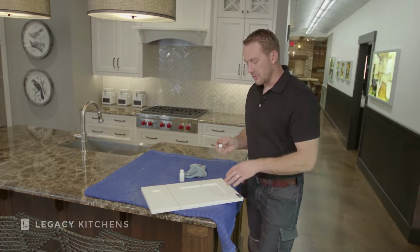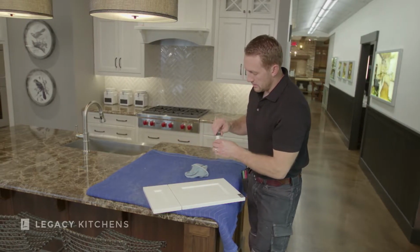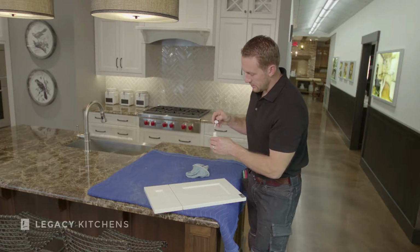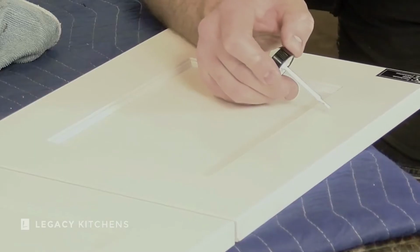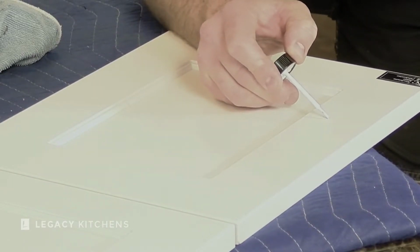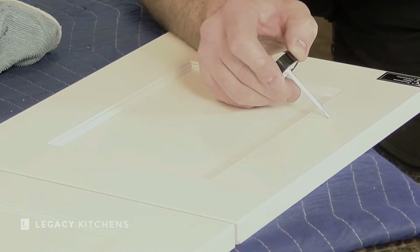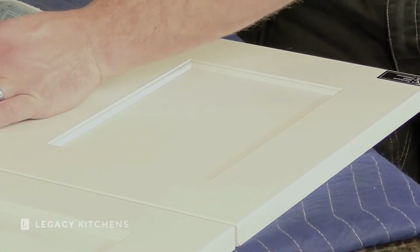On the center panel here, it's really important that you don't put too much paint on. So I'm just going to get a little bit more paint on my brush, and then I'm going to clean off virtually all of it. You only want a tiny, tiny little bit on the end of your brush. Just rest that down there. And I'm just going to dab a little bit of paint here on the touch-up. Now in this one on the rail, I'm overfilling it just a little bit. Put the lid back on,